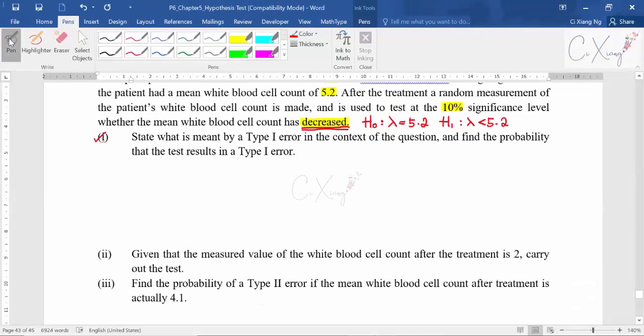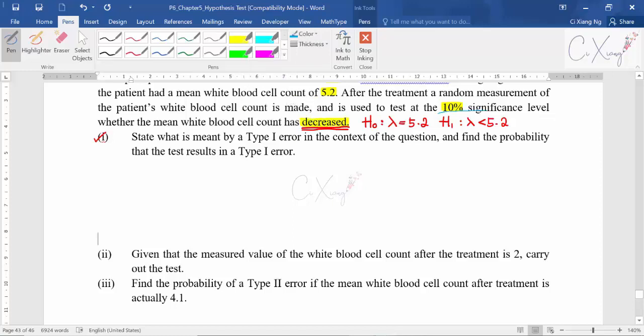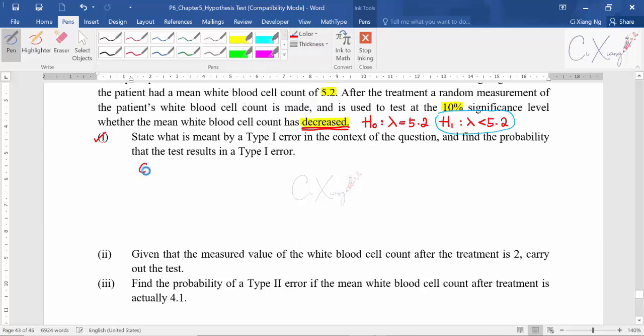So how can we write out the type 1 error in the context of our question? You can write it like this. Type 1 error means that you reject the null hypothesis. When you reject the null hypothesis, it means that you accept the alternative hypothesis. So when you write out the sentence, you actually conclude that, this is the result that you get when you run a test. So you conclude that the mean